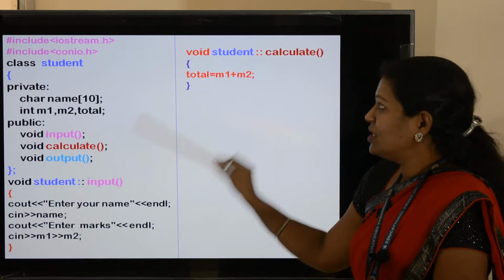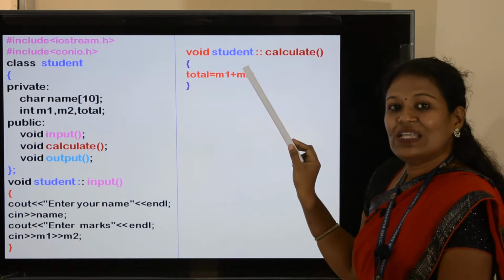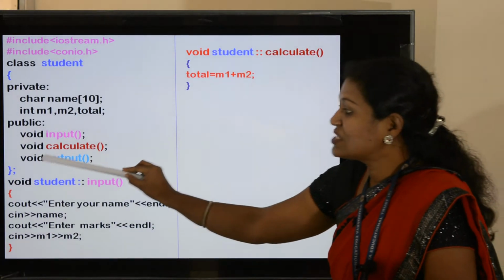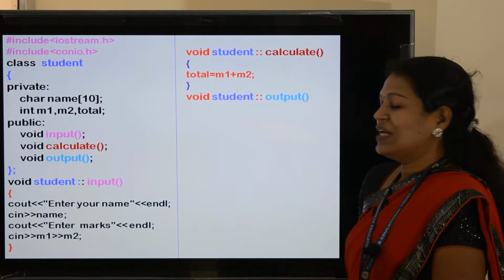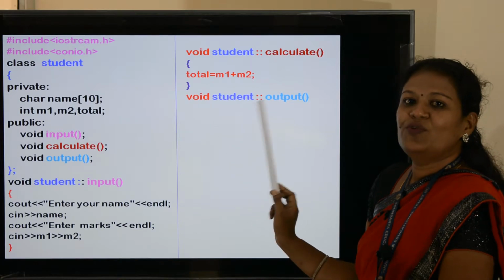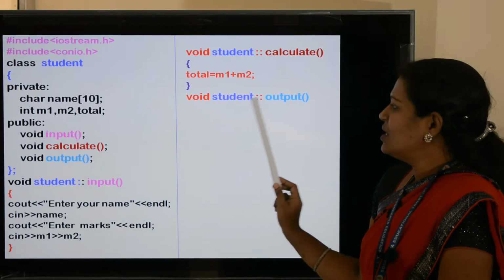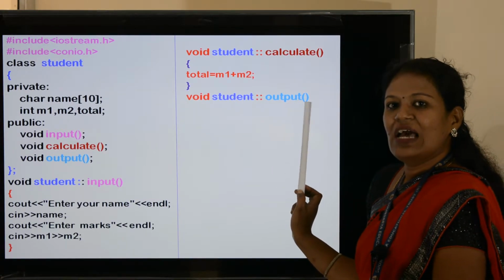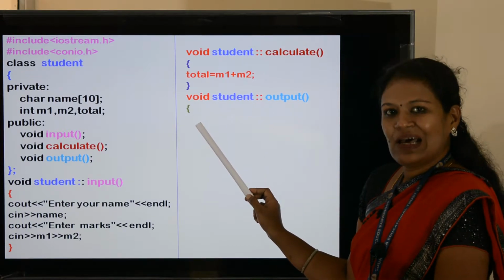So input, next step is calculate. Now we will go for the next one. Input over, calculate over. What is the next function here? Output function. So void student scope resolution operator followed by the function output. Then open the flower bracket.